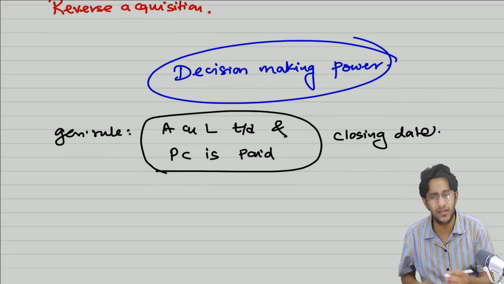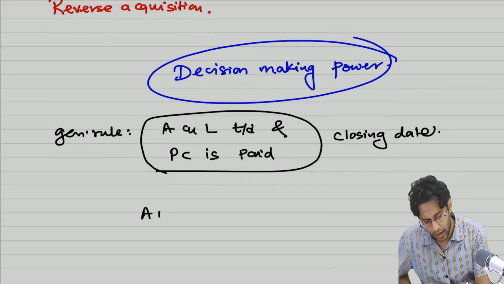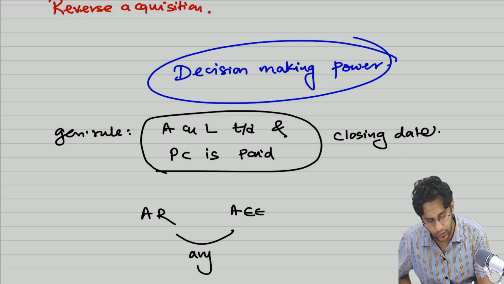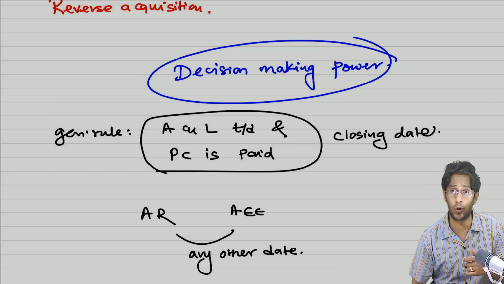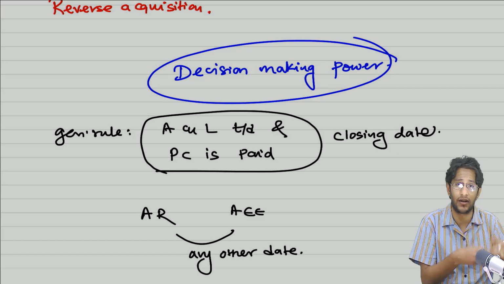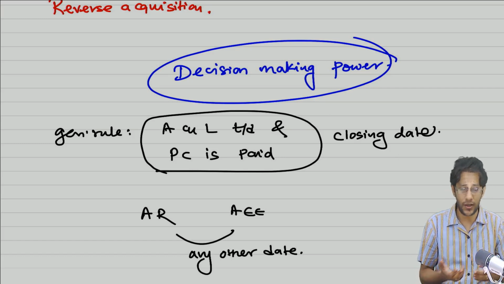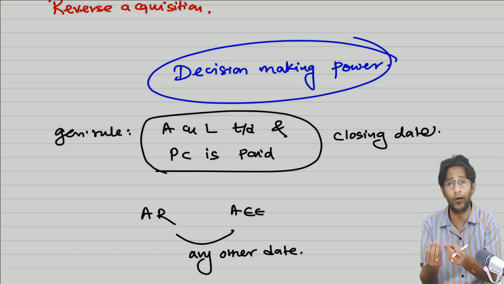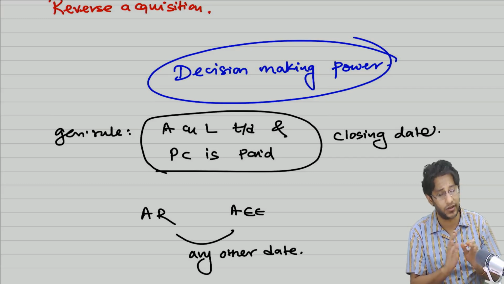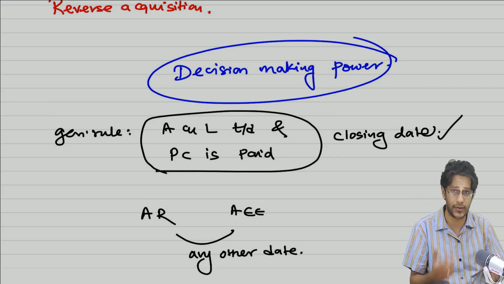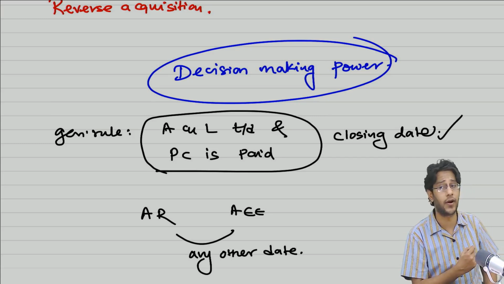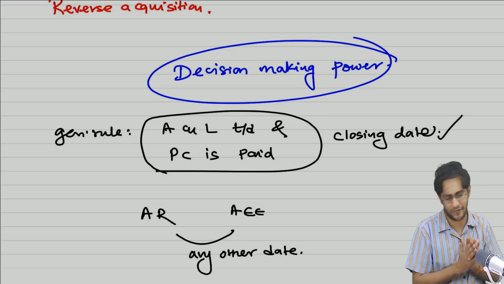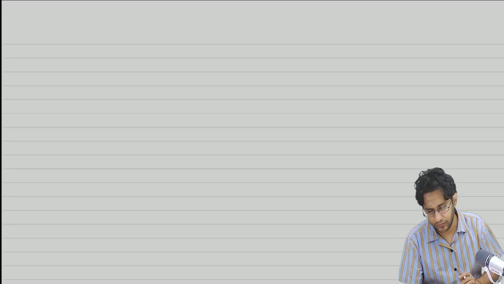However, this is a general rule, but the acquirer and acquiree may agree on any other date also. It is a matter of agreement. Sir, from which date onwards should X Limited start taking decisions in Y Limited? That is a matter of agreement between X and Y, no? So if they have agreed on any date, that date only will become the acquisition date. Otherwise, if the question does not say anything, or the agreement does not say anything, then the closing date must be identified as the acquisition date. So very simple. Now sometimes, let me take an example.